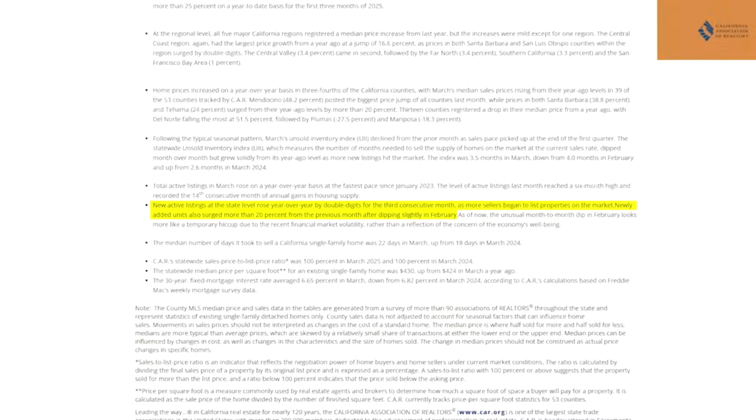The lock-in effect in California is easing as new listings surge in March, causing housing inventory to increase by more than 50% from the previous year. In today's California housing market update, I'll share all the latest trends we're seeing right now so you can be